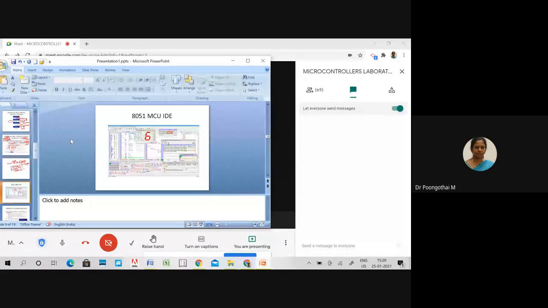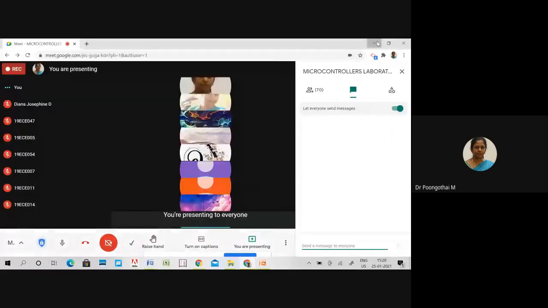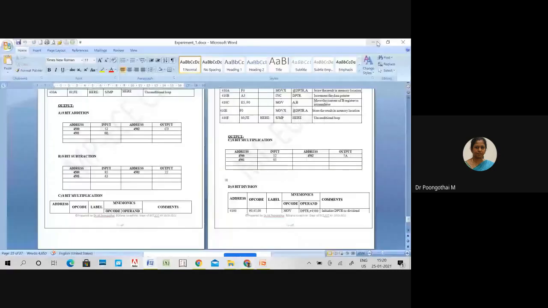Next, we will move on to the simulator, the 8051 MCU IDE. First, I will explain how to create a project using that IDE.